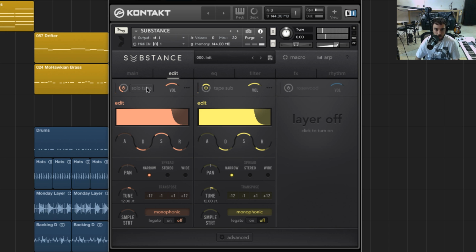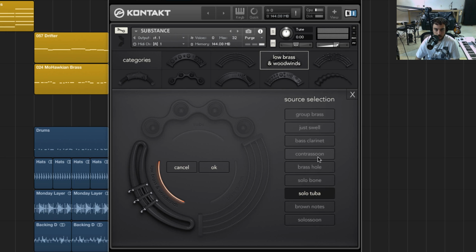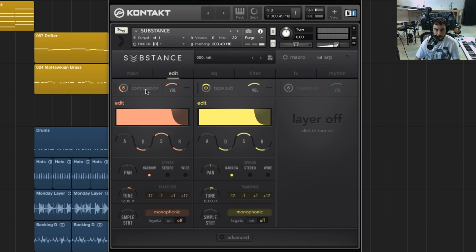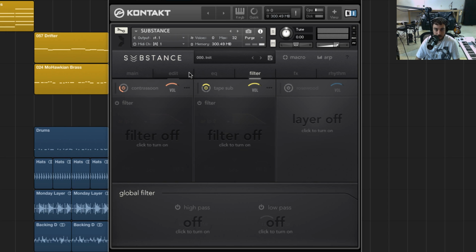So it gives you a cool little transient there with that sample, but let's try something else. Let's see. That's really cool. It's contra soon. So I'm not sure exactly what contrabass and a bassoon